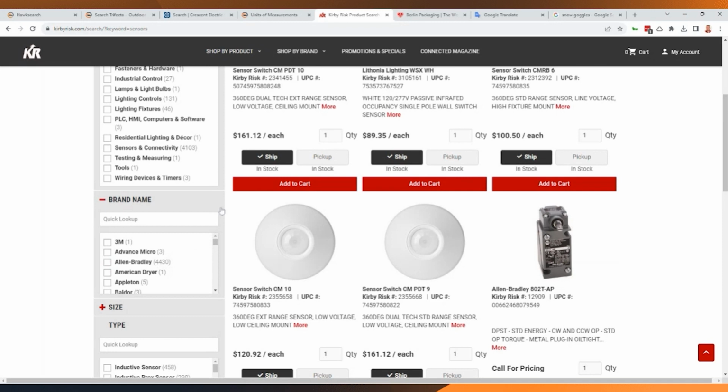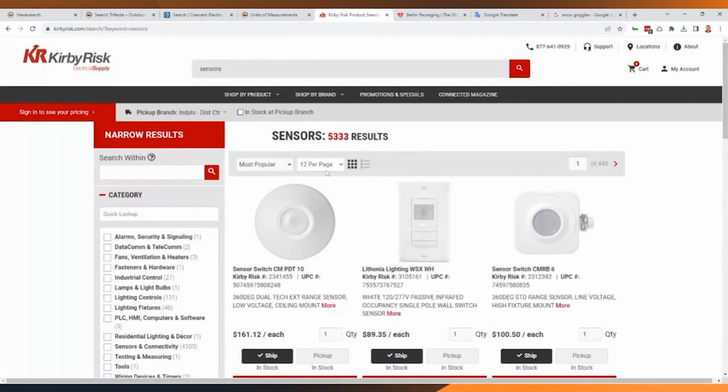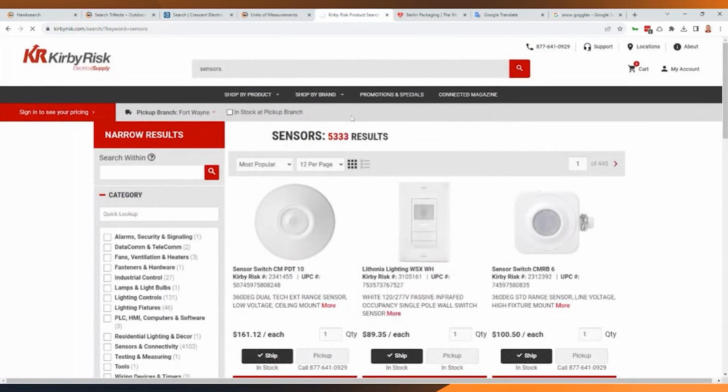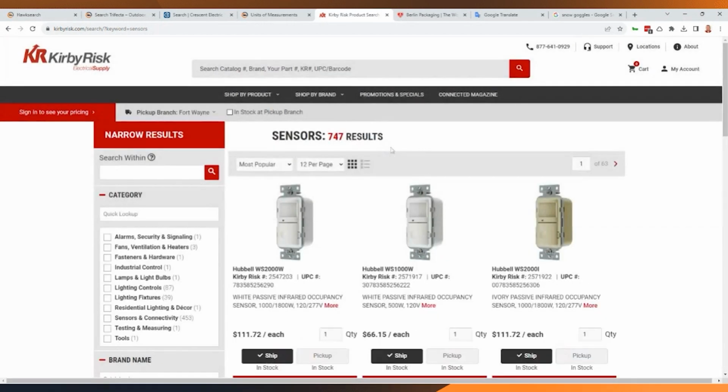But the limitation that Kirby Risk has is they can't sell that at all of their different locations. And so they needed HawkSearch to help support this kind of entitlement to say, when we're at different locations, we need to make sure that we're showing the right set of catalog. So if I change my location here, this is going to change the entitlement with HawkSearch. If I'm looking at this from the Fort Wayne location, that's going to change the results. HawkSearch knows that entitlement from that data perspective, like Gavin was just saying, this is all your data. We're just able to process it intelligently and display it accurately to how your visitors are browsing the site.